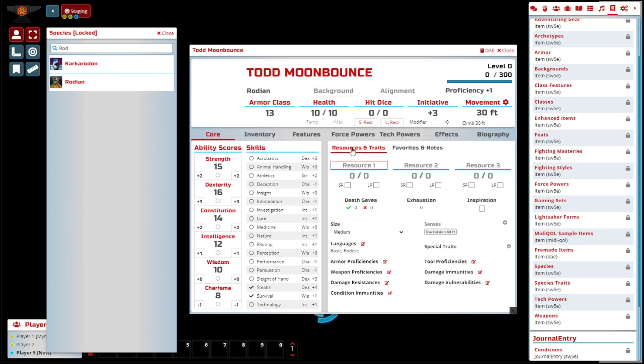A few things changed. So Rhodian is filled in here in this spot. We've got languages down here changed, dark vision here, movement 30 feet. Looks like they get a climb speed of 30 feet here. And one other thing is that it brought in the changes to the ability scores. So Rhodians get, looks like a